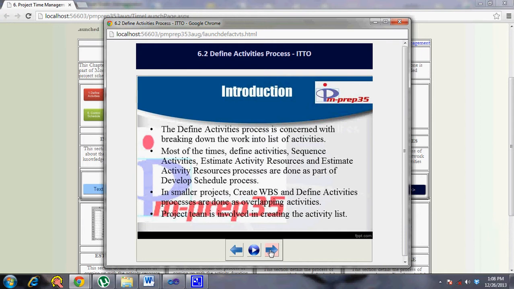Most of the times define activities, sequence activities, estimate activity resources, and estimate activity durations processes are done as part of the develop schedule process. So you have the estimate activity resources process, and then you have estimate activity durations. These are two different processes, because the first one deals with the resource requirement for an activity, the next one deals with what the duration is. Although again you do all this as part of